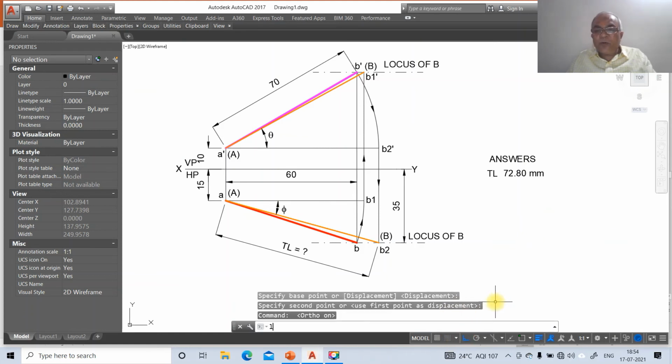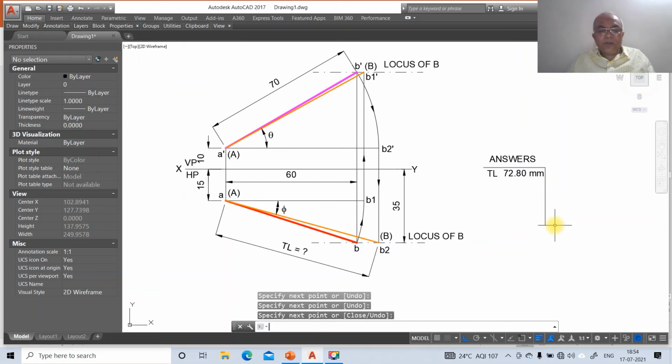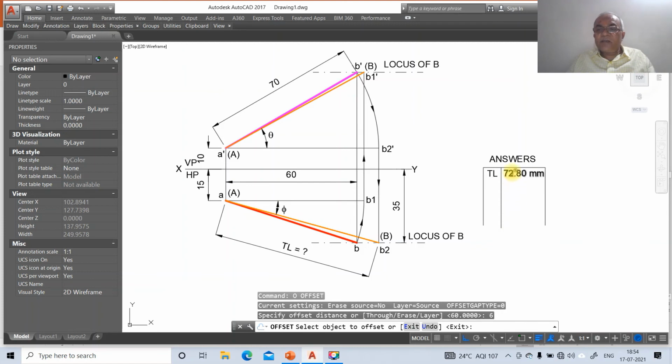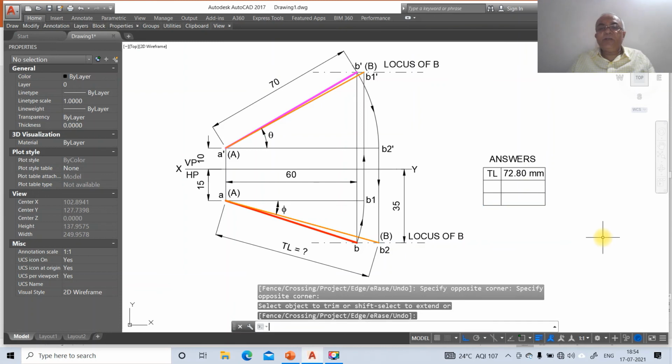Then switch on the ortho mode, then go to line and draw this line, and you draw this line, take end point of this and draw this, then go to line, take nearest point on this, then go to offset, take the distance as 6, then this and this.